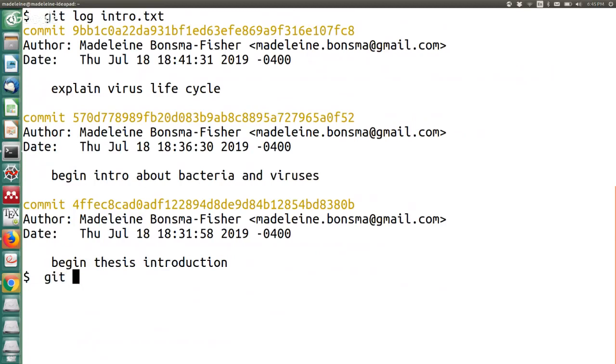We do git checkout, and here you have the option of doing something like HEAD~1 intro.txt. You could do HEAD~1 by itself, or you could do the commit identifier. I'm going to choose the middle one here, the second most recent one. If I just type the commit identifier and no file name and hit enter, which I will do,